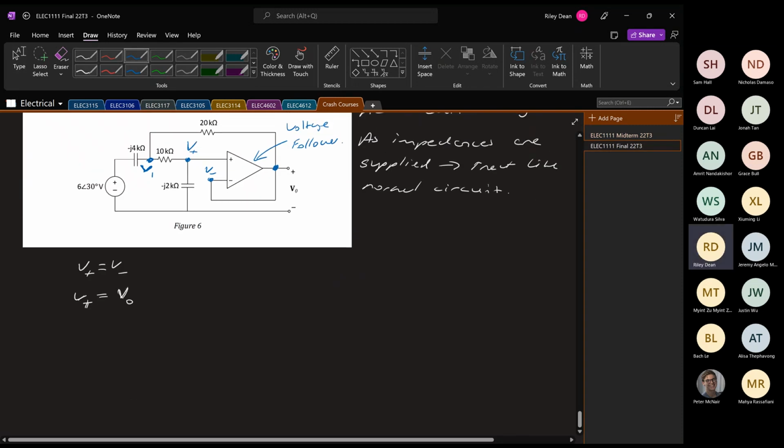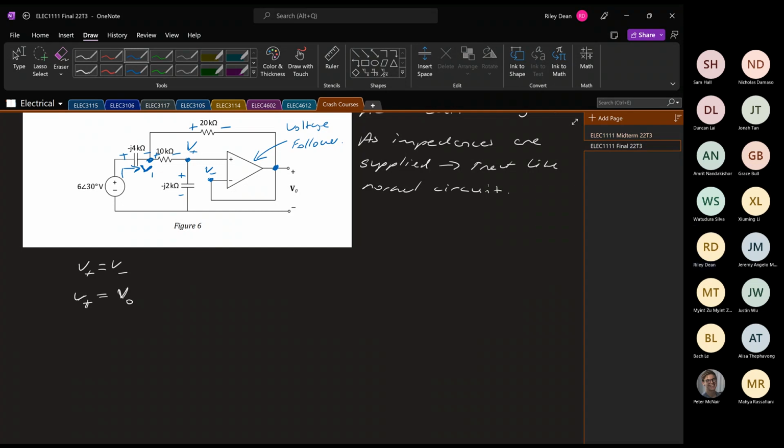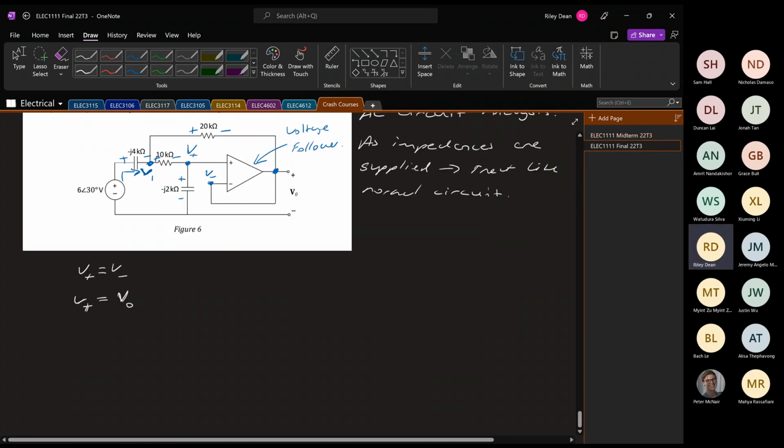So by looking at nodal analysis, we'll look at that current there. Let's just put in some polarities. Although I will note that in AC circuits, naturally polarity is a little bit of a thing that we don't really like. That's not how we see it in the circuit. I'm just adding those to assist with the polarities for the nodes we're going to look at. So let's do KCL